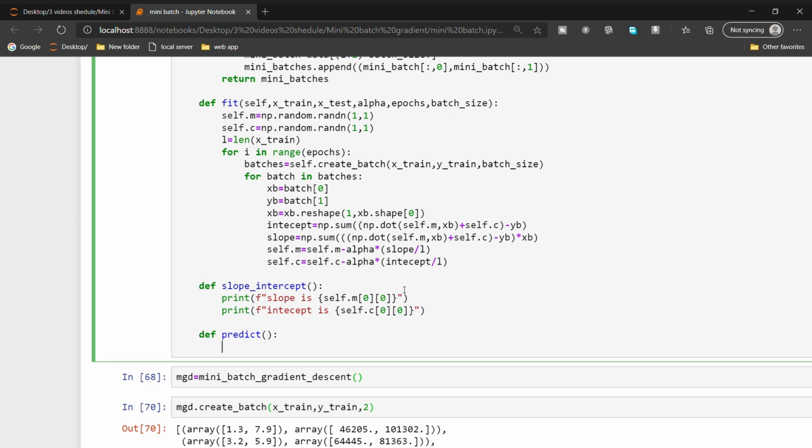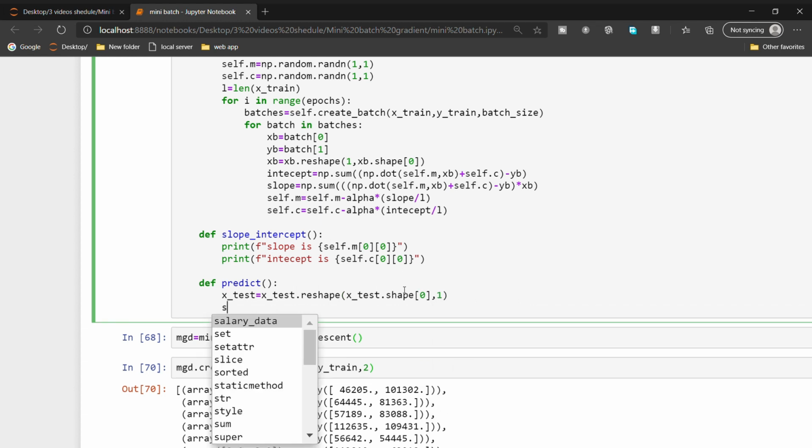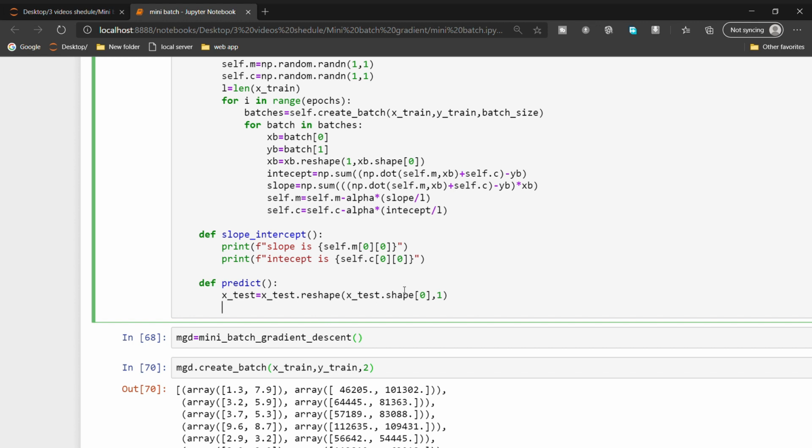Finally we need to fill the predict function also. Let's complete it first. X test equal to, here I'm again reshaping the x test also: xtest.reshape(xtest.shape[0], 1). Now we need the predicted value. One minute before, I think we need to reshape the m also, so we don't end up with dimension errors. If you are confused about reshape, first try the method.